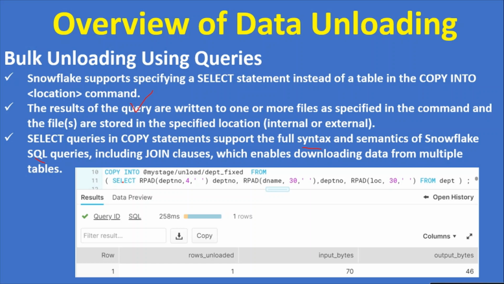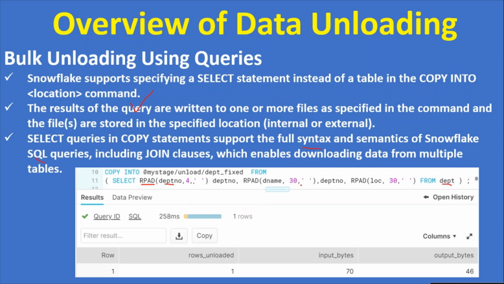If you see this example, what it is doing is unloading the data from the department table with the following columns, and I applied some functions. It will generate a fixed length file. If the department number has only 2 characters, the remaining 2 characters are filled with spaces.